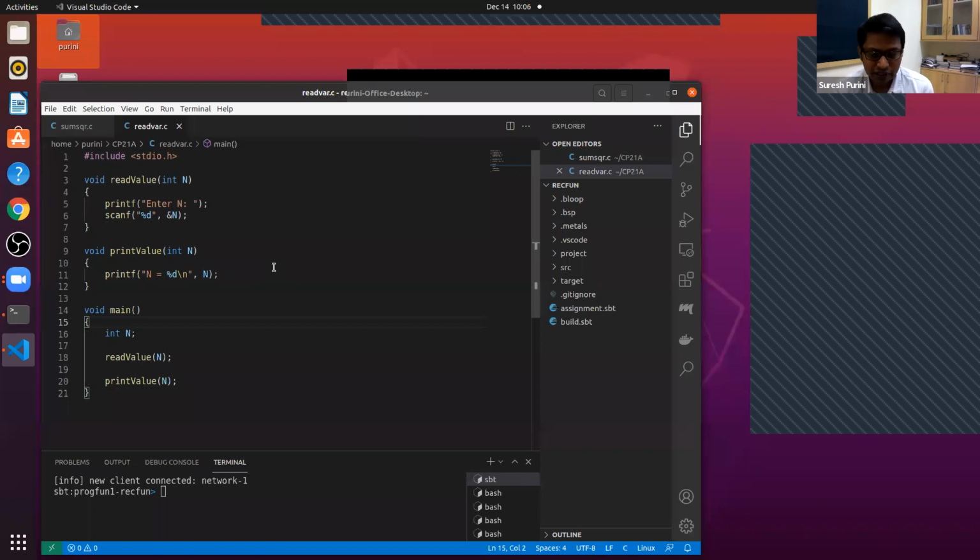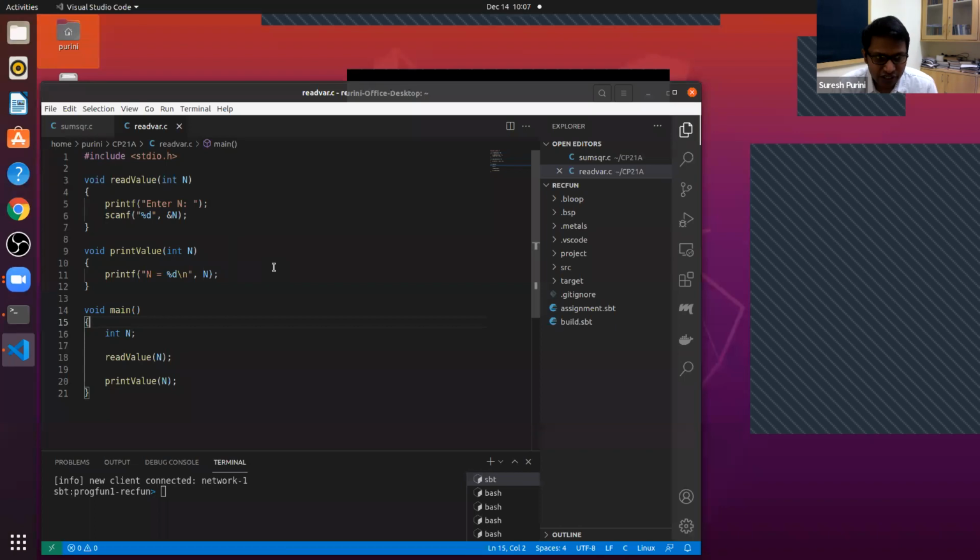One parameter. And what is the scope of the parameter n? That is for the read value function. Its scope is the function read value. That is, it is visible only within the read value function, lines 4 to 7. Outside that, it is not visible.